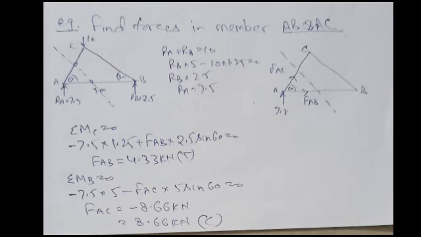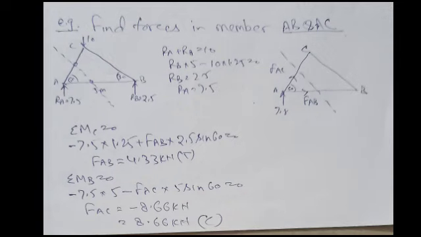In this method, we generally use the equation sigma M equal to 0 for finding out the forces in members of trusses. Now let's take the first example. We are given a truss which has three members AB, AC and BC. A 10 kilonewton load is acting at point C and reactions are acting at points A and B. Angles of 60 degree and 30 degree are given and the length AB is given as 5 meter.